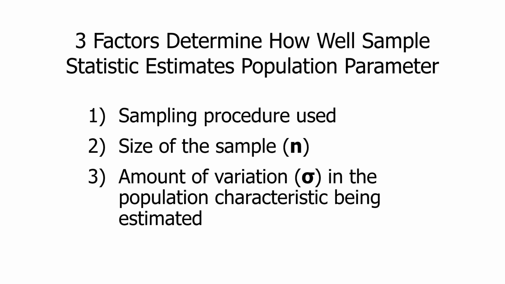Here's a less intuitive one that students sometimes struggle with. The third factor that determines how closely X bar is going to mirror mu is the amount of variation, or sigma. That represents the population standard deviation, which is the measure of variation in an interval level variable. The amount of variation in the population parameter being estimated. If there's not a whole lot of variation, say, in Democratic feeling thermometer ratings in the student population, it's going to be easier to get an accurate estimate of the population mean than if scores or ratings of the Democrats